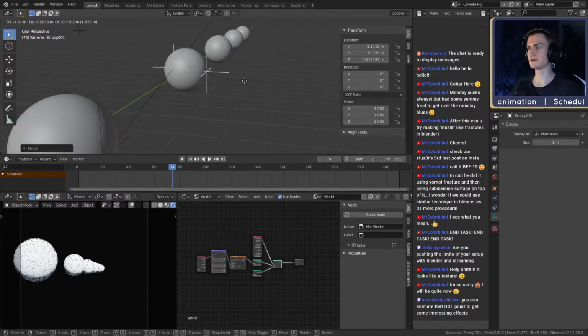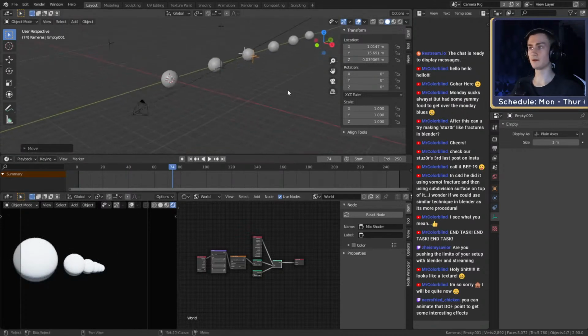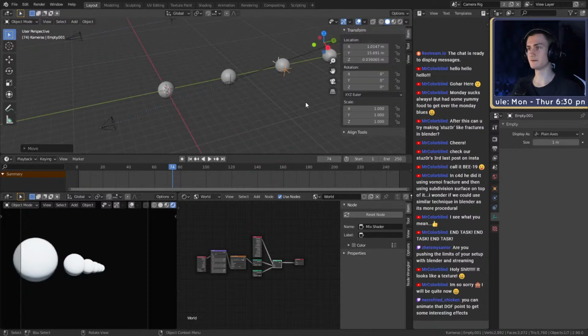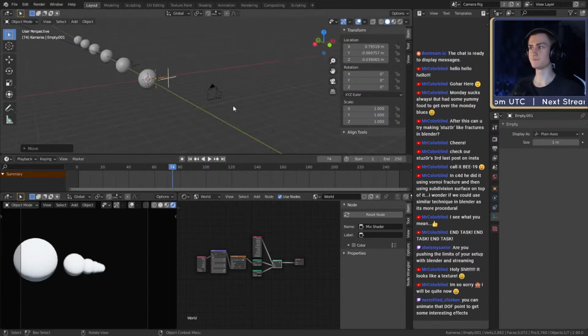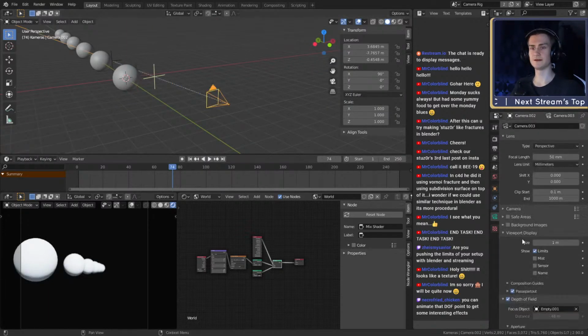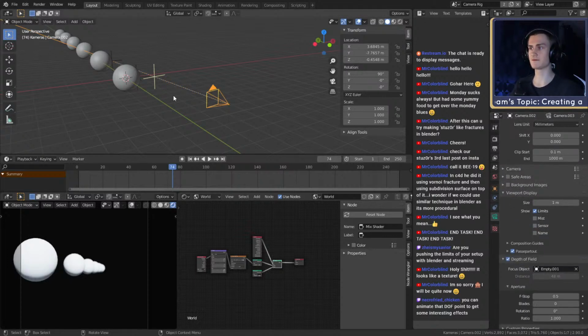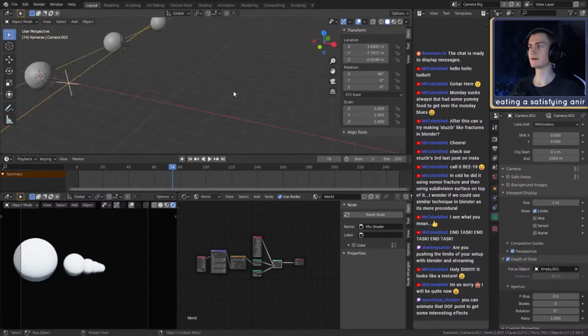As you can see right there, now this sphere is in focus. But then you want to say, okay, I want to have this front sphere back in focus. I just move it to the front, and this is way easier than going in here and saying, oh, I want to change the length or the distance of the focus point and moving this distance value around.